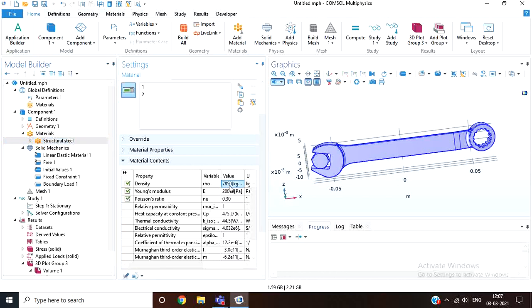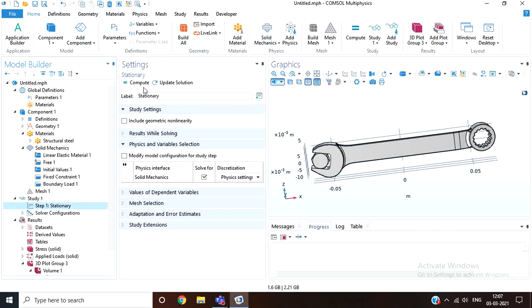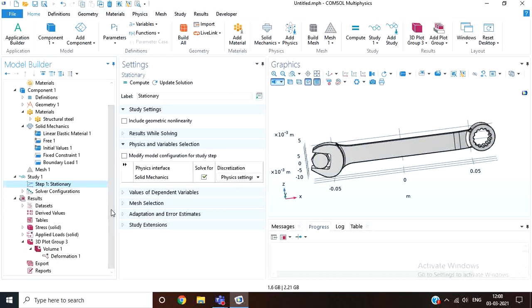Suppose the density of the object you are using is not 7850, you can change it by double clicking on it and typing 8000 as the density. You can also change the Young's modulus and Poisson's ratio in the same way, and then you can again click on compute to run the solution, and you will get the results for whatever analysis you want. So this is how static structural analysis is done.